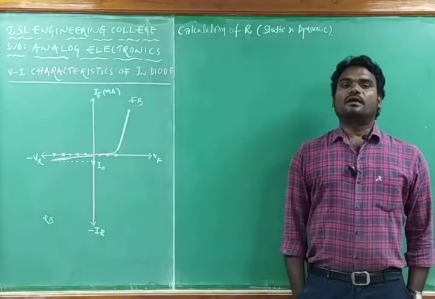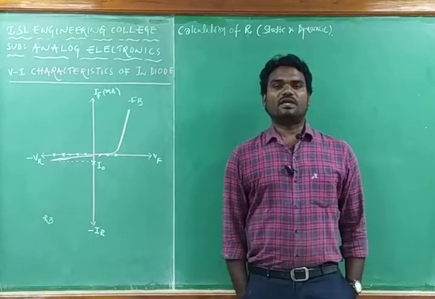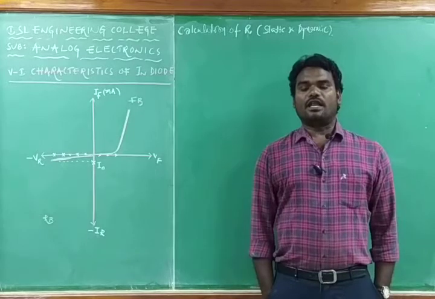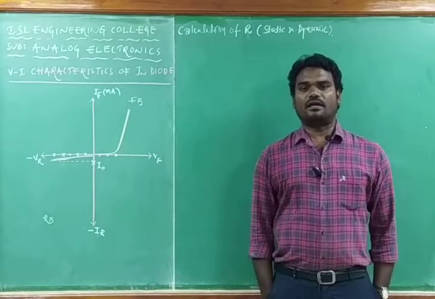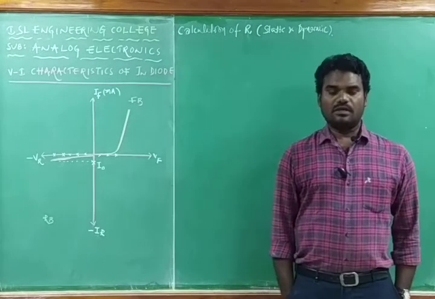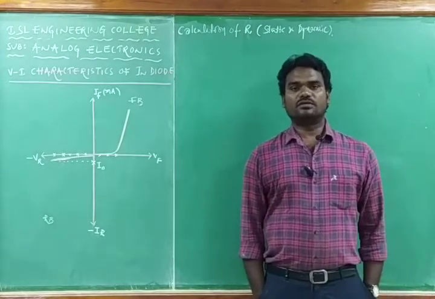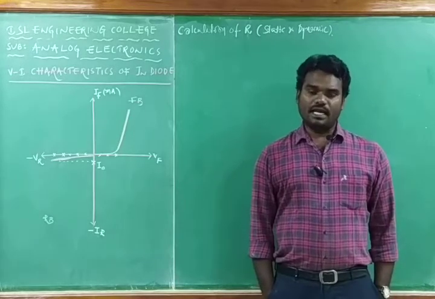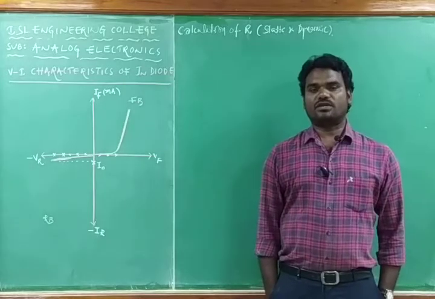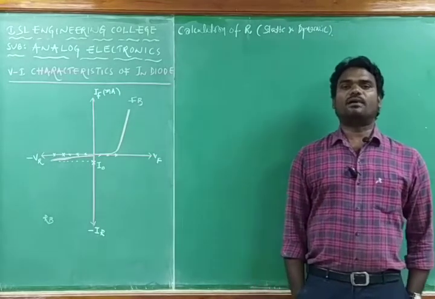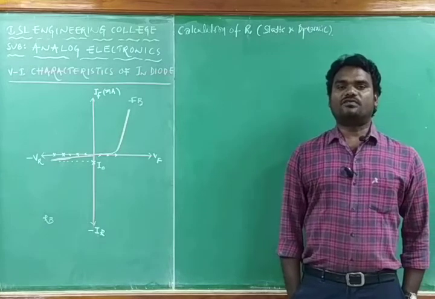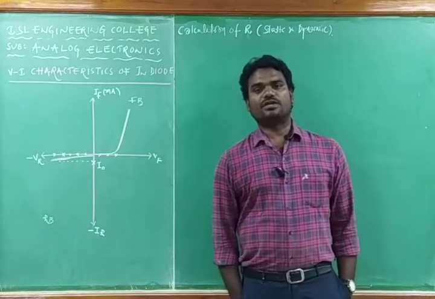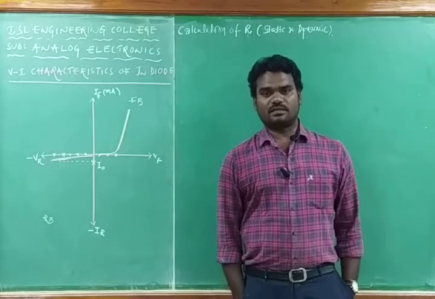Here we know that the VI characteristics of a PN junction diode is the relation between the voltage and current of the PN junction diode. By applying the voltage, which may be forward bias or reverse bias, we study its current. So the VI characteristics is a plot between the voltage across the PN junction diode and the current through it in both biasing methods.